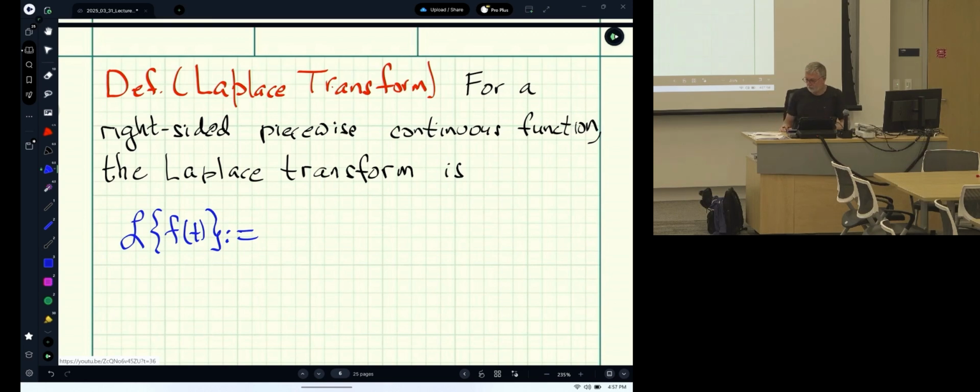Laplace of f of t is by definition equal to